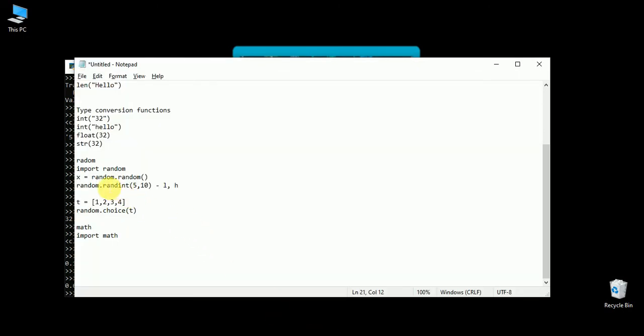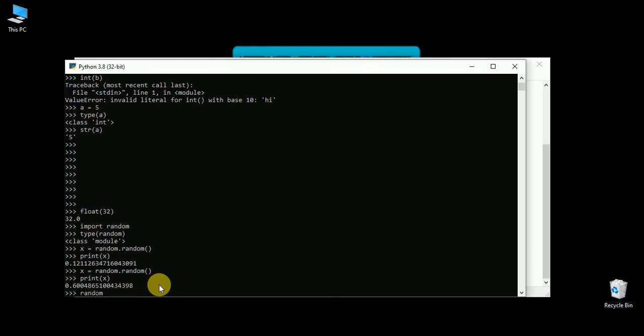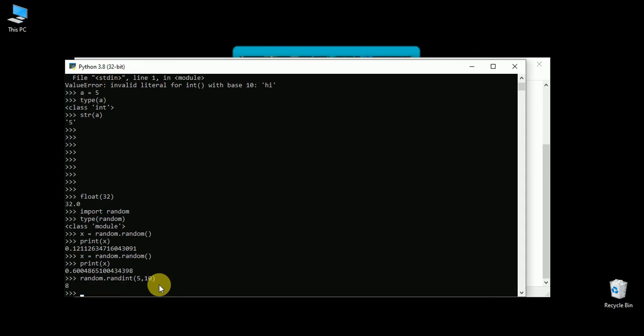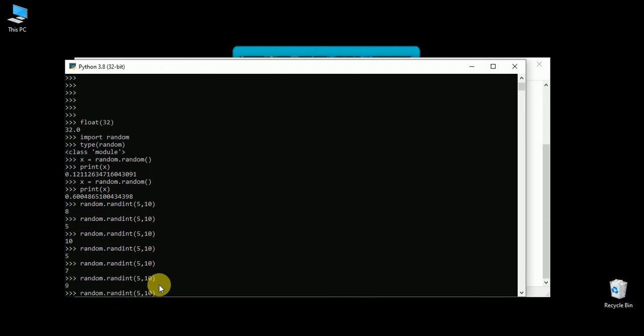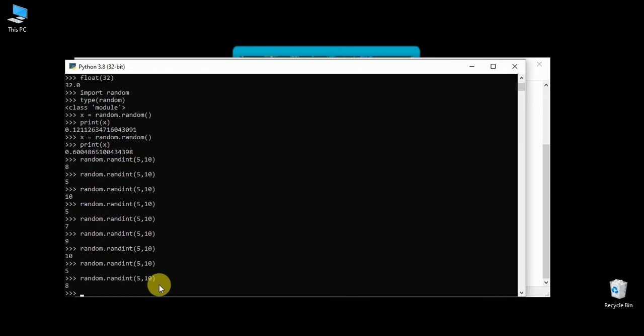Another is randint. Randint takes two parameters, the lower value and the higher value, and it returns a value from the lower to the higher. The lower and higher values can also be included in the result. I will pass the same values. I will do random dot randint, and you will get a random value between those only.